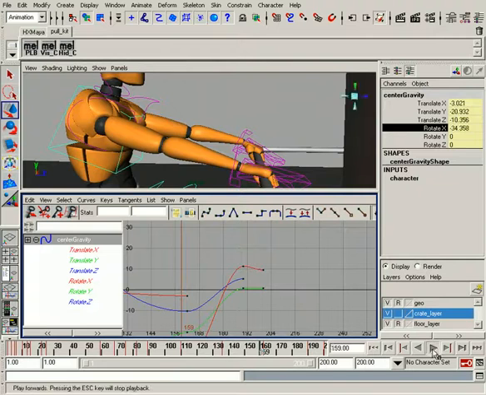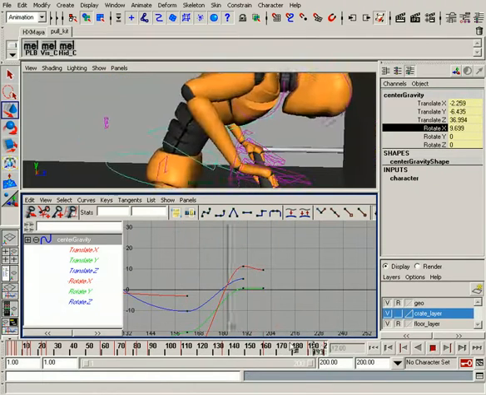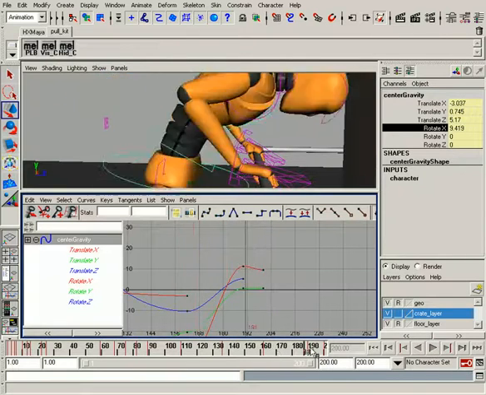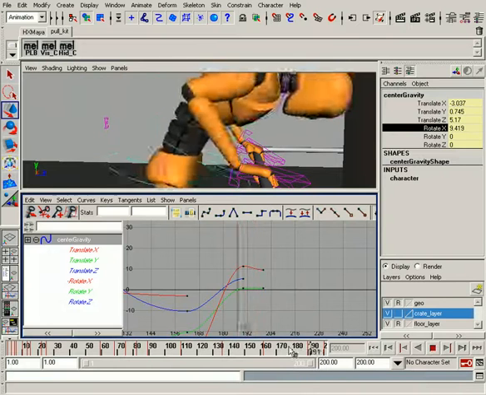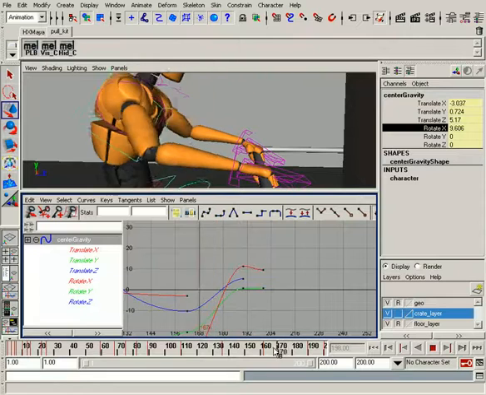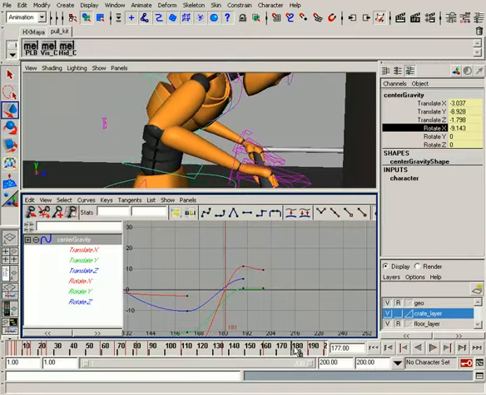We hit play. Alright, great. So that's looking pretty good. Hit play again and check it out. Alright, so now we've got pretty much the follow through for our center of gravity. But what we're also going to do is have the character rise up first, a little bit higher, and then come down,